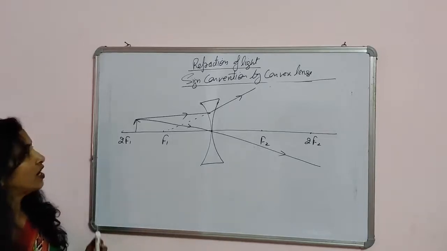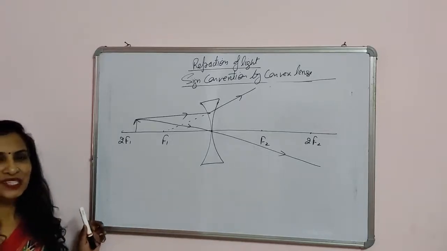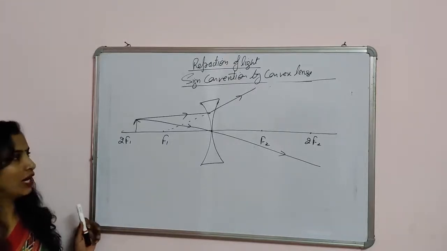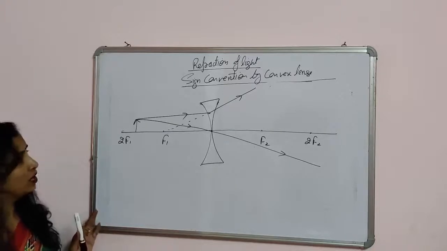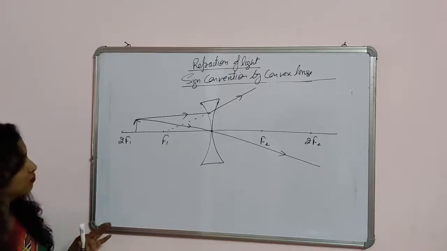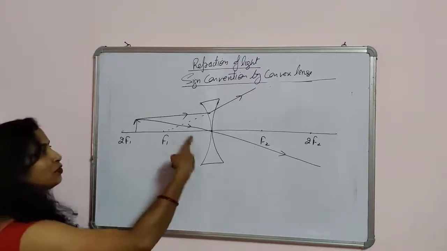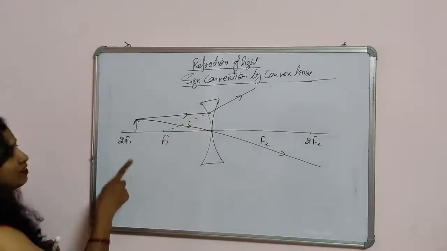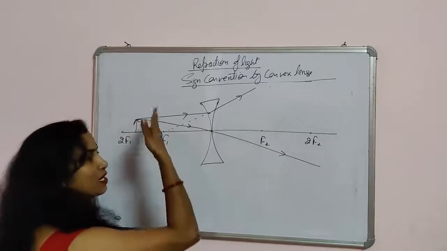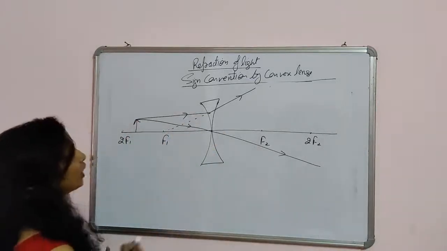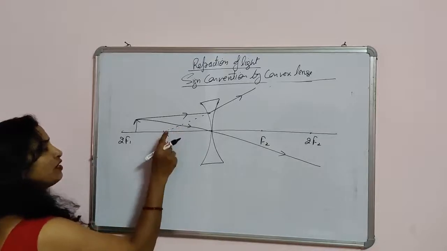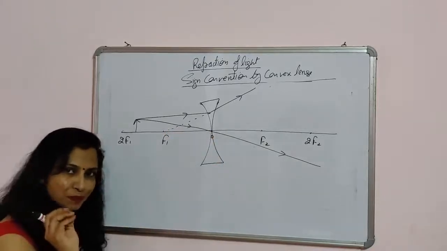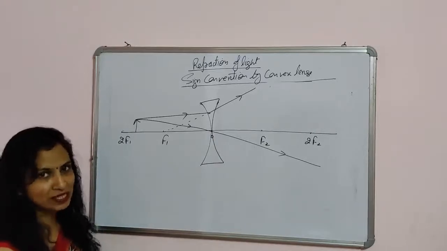So first one, when we place the object anywhere, between F and 2F, at 2F or at F, you can place the object anywhere in front of a concave lens. The first ray, which comes parallel to the principal axis, will appear to diverge from the principal focus, and the second ray, which passes through the optical center, passes straight without any deviation. Now what happens? They meet in between F and O. Actually, they always meet in between the focus and the optical center.